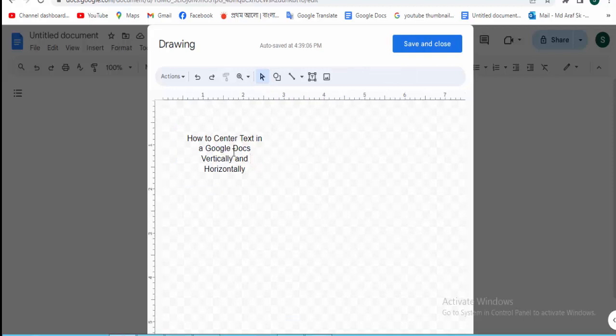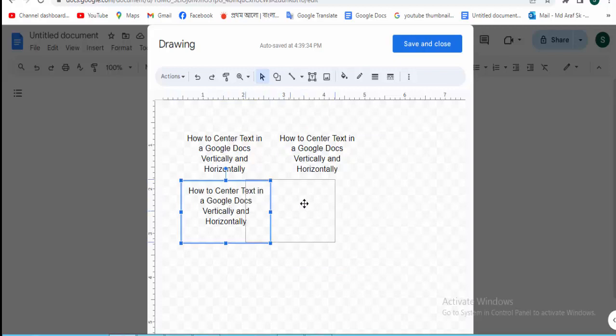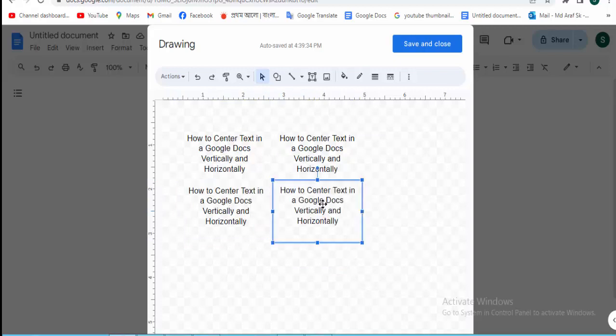And this text is a copy. On the keyboard, press Ctrl plus Alt and mouse click. Copy. So again, the same process. And again, click the text box option and create a text box